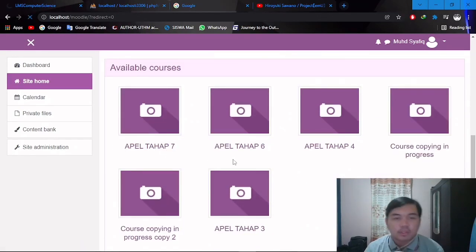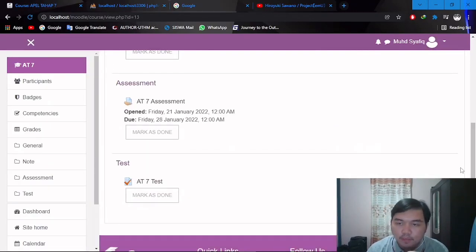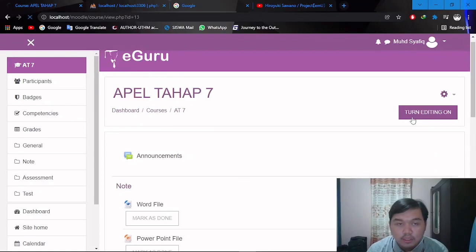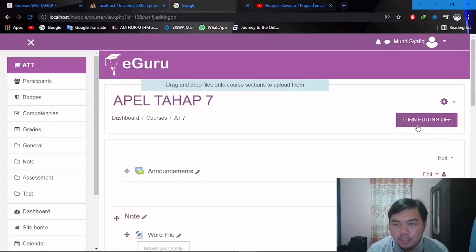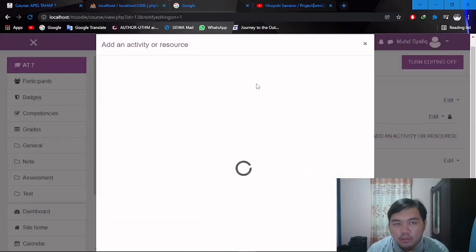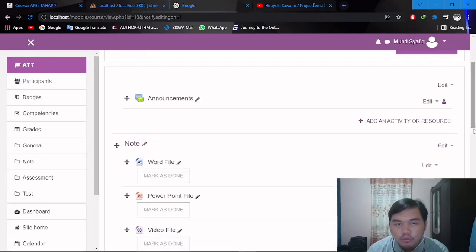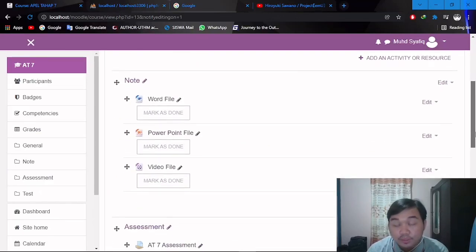Now we see Apple Tab 7. They're mostly the same, but now they can turn everything on. Both admin and teacher can turn this feature on, where they can edit by adding any new announcement here, or adding a file, quiz, or any book if they want to, in each of their own particular sections.